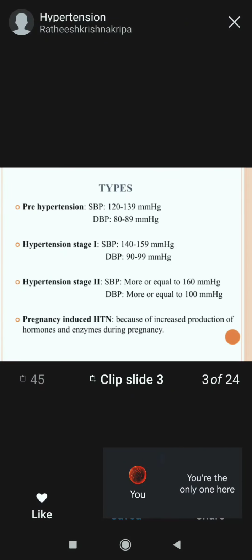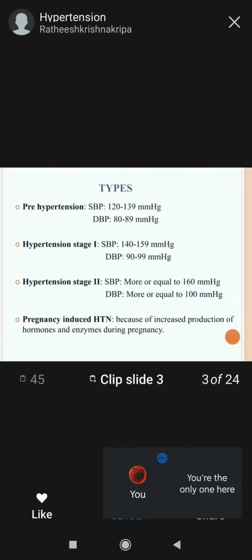This is the types. Generally we see three types of hypertension: pre-hypertension and various stages, like stage 1 and stage 2. Pre-hypertension is a normal hypertension, where the systolic blood pressure range is 120 to 139, and the diastolic blood pressure is 80 to 89. So if we go through the hypertension stage, stage 1 is